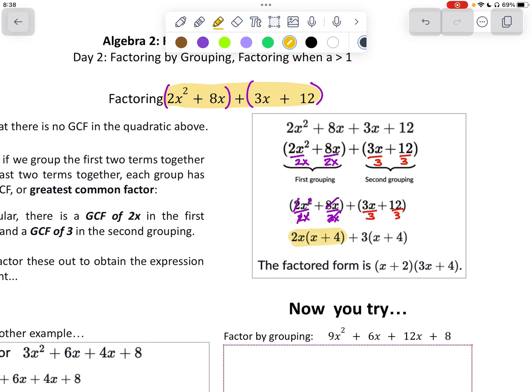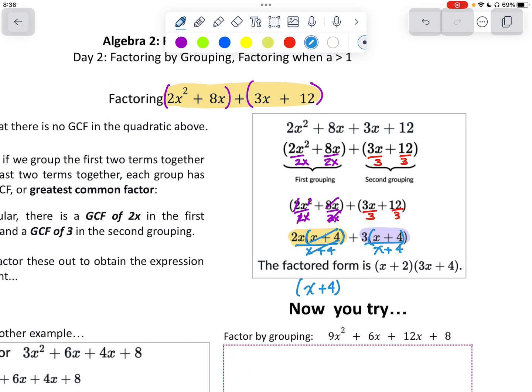Here's a term here, and here's another term here, and each of those terms has a common factor. Those 2 terms have a common factor of x plus 4. We have x plus 4 here, and we have x plus 4 here. So we're going to factor out that x plus 4,